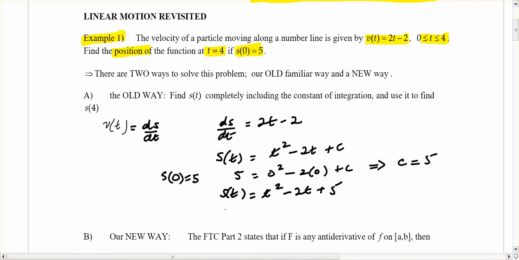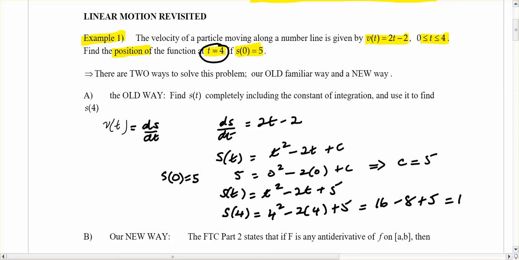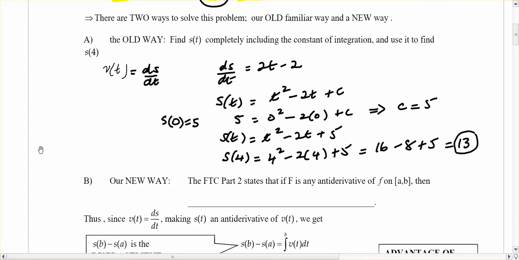And then what I was looking for was the position at t equals 4. So s of 4 is going to be 4 squared minus 2 times 4 plus 5. And that's 16 minus 8 plus 5, which is 13. Okay, pretty straightforward. There is, of course, another way of doing it, and that's to use the fundamental theorem of